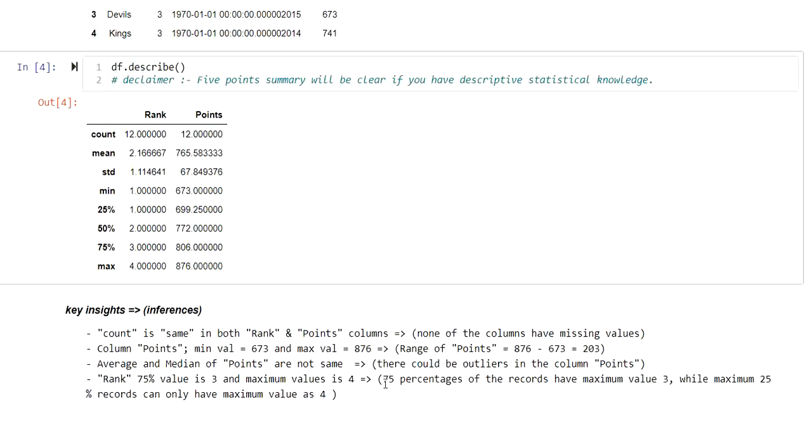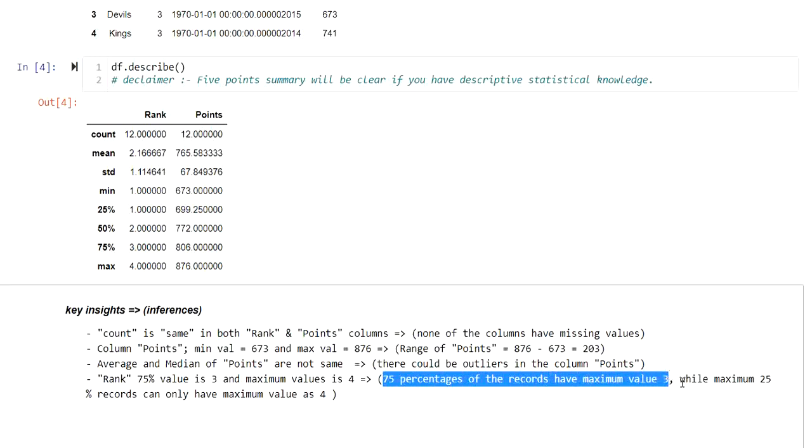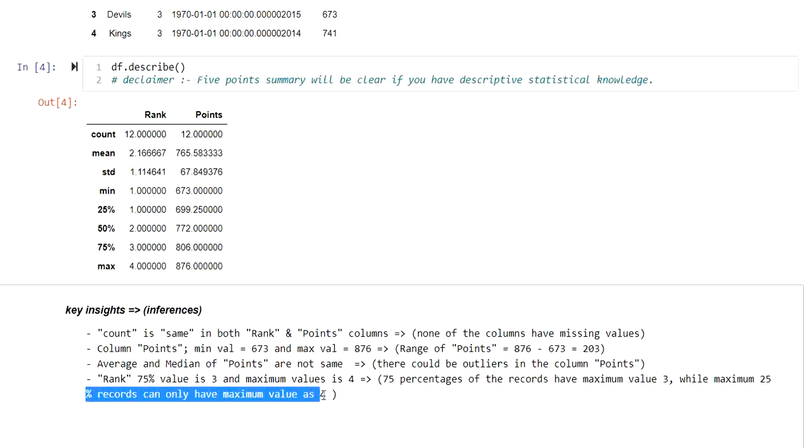So my inference is 75% of the records have a maximum value of 3, while a maximum of 25% of records can have a value of 4. We can guess a maximum of 3 records can have a rank value of 4. But how to decide whether it's 3 or 2?